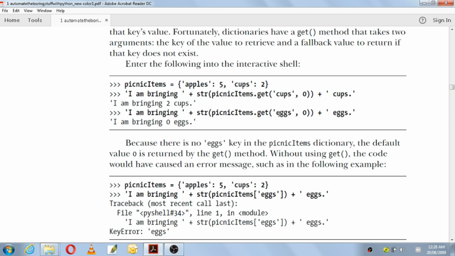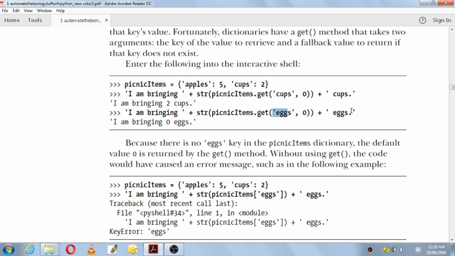So we will check whether the key eggs is there in the dictionary. Eggs is not there, so which keys are available in the dictionary? Apples and cups. So eggs is not there, so what should the get method return us? It should return us the fallback value, that is 0. So there will not be an error even if the key is not there in that dictionary.